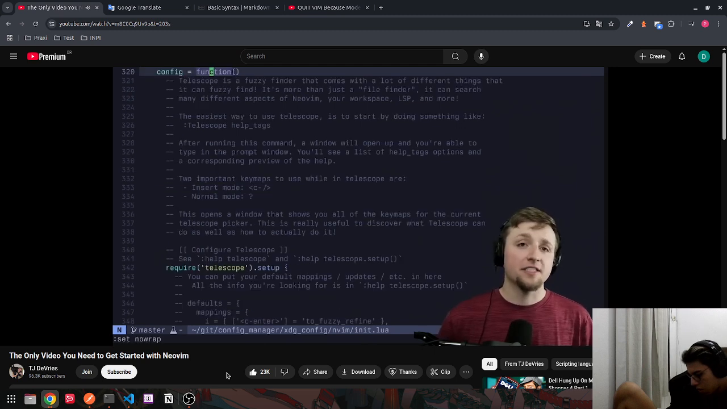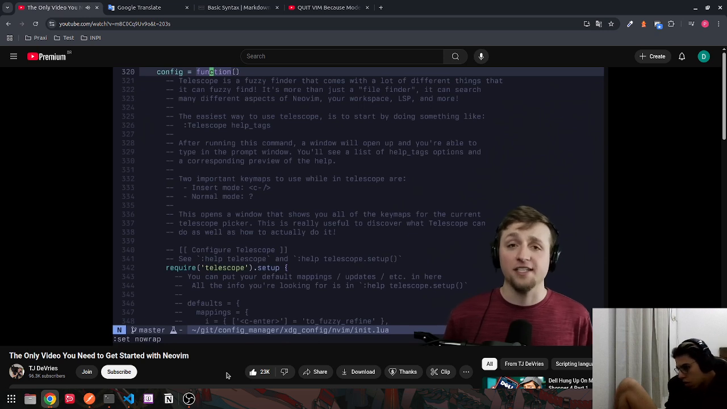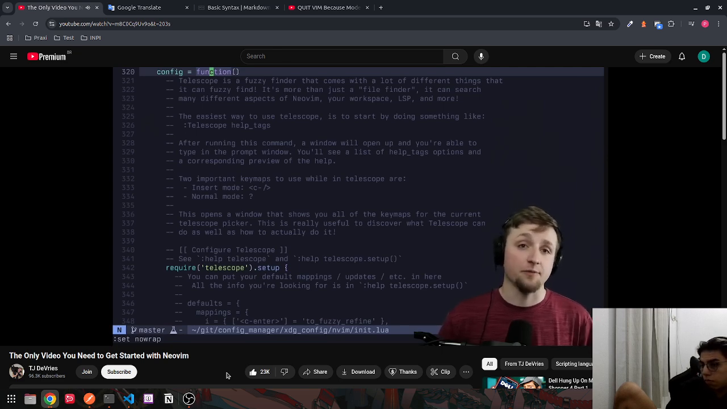And here's where we get to the first larger plugin configuration that we have within Kickstart. This is for a fuzzy finder called Telescope, which was made by a super cool software developer who makes great